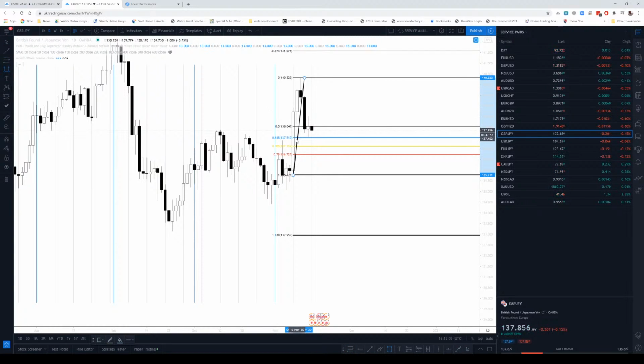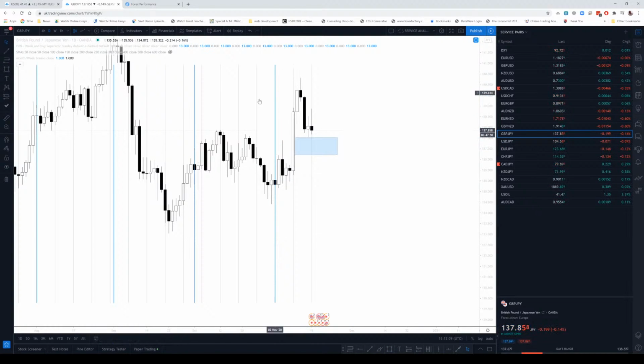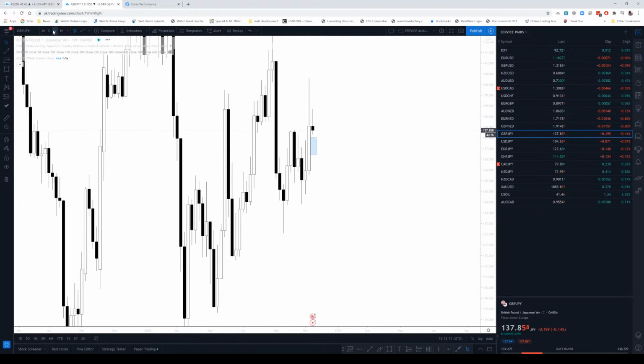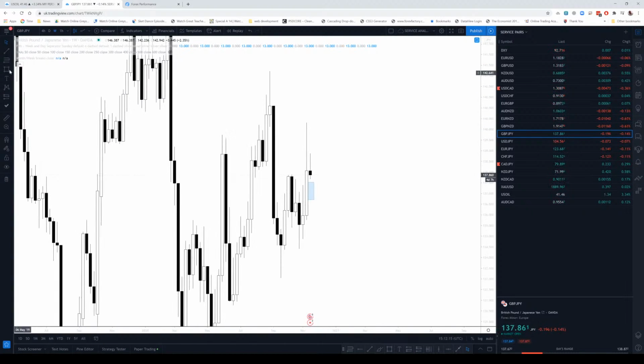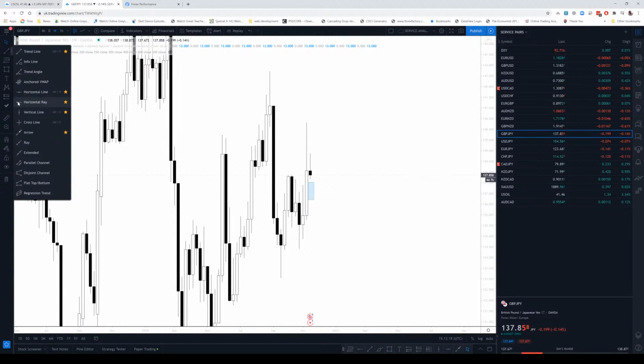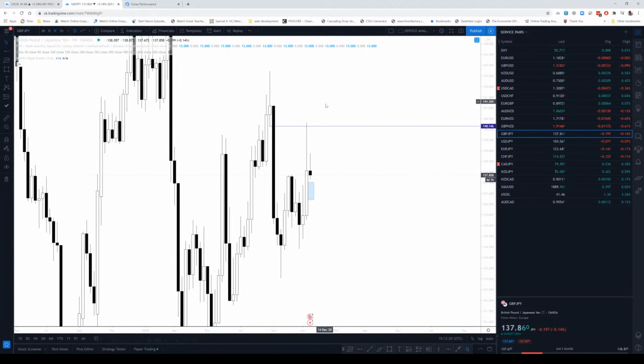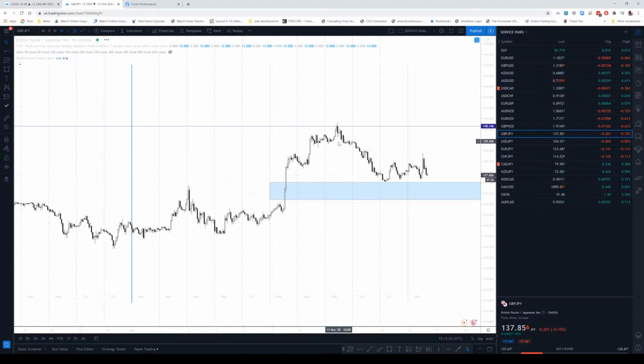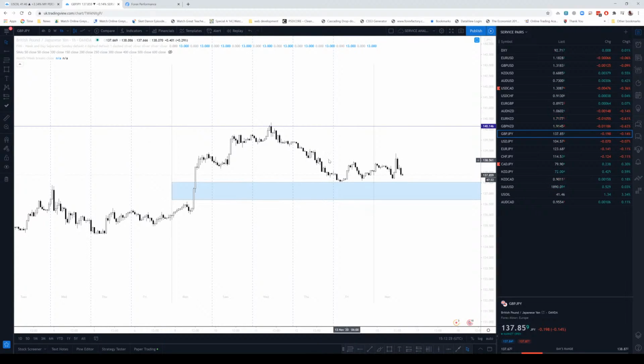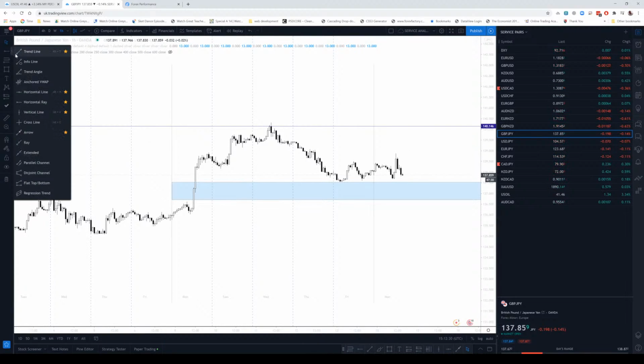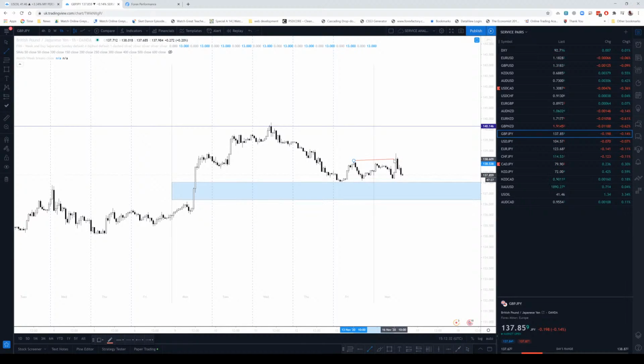I think it's got more room to the downside, because you're coming off from a bearish order block on the weekly here, and we broke down here. We've run equal highs of Friday's high,